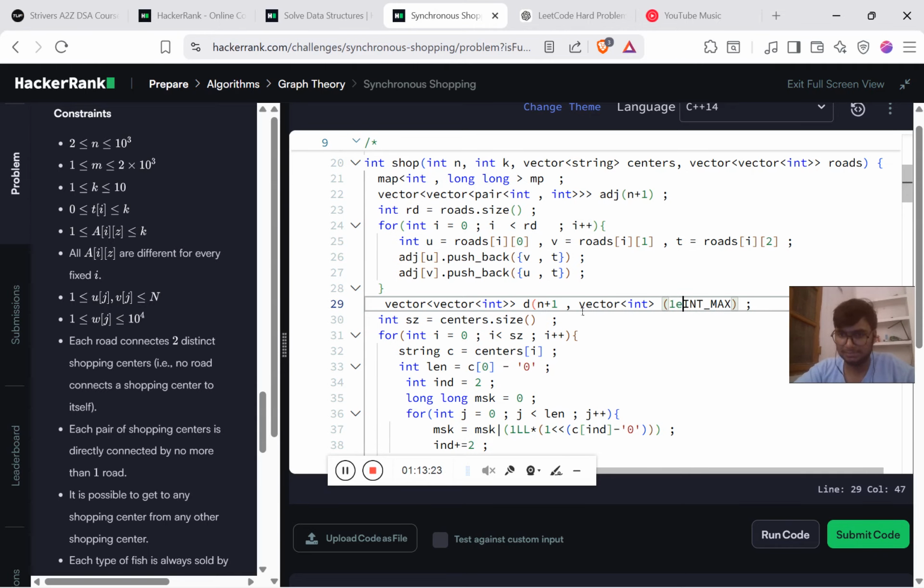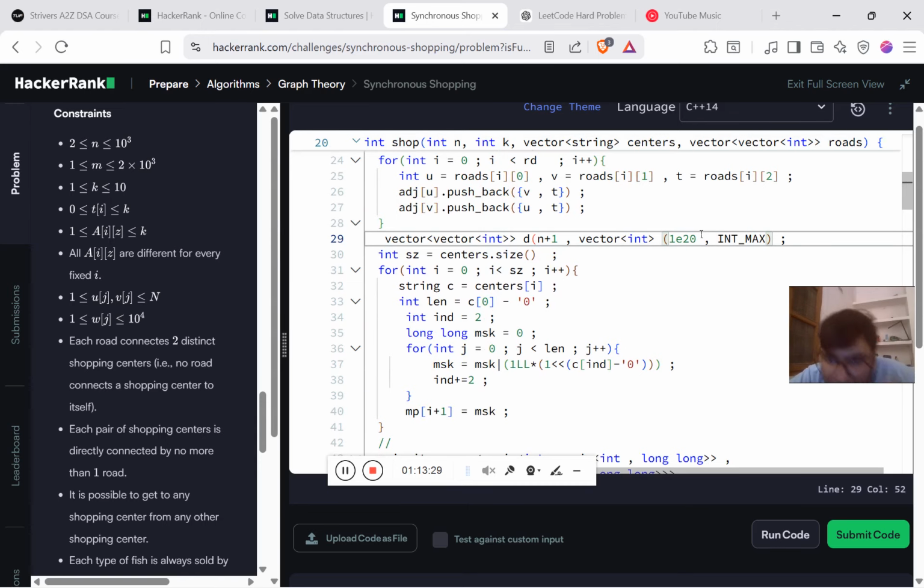One, two, this would be like the biggest mask which can be there. So it will choose two to the power 11, right? Because up to 10 we have